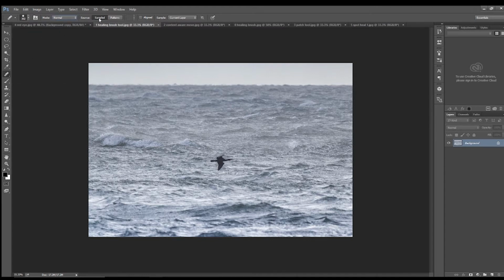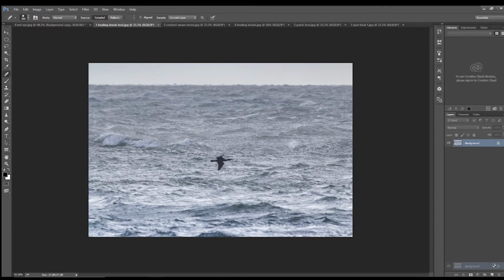So we want it to be sampled, and the brush size that will take into account what we're working on. You hold down the Alt key and choose a part of the picture you would like to sample over the piece you want to remove, and then you left click on that spot. So hold Alt down, left click, and then you can just move that over the top. Now that looks pretty good. To the naked eye you could not tell,